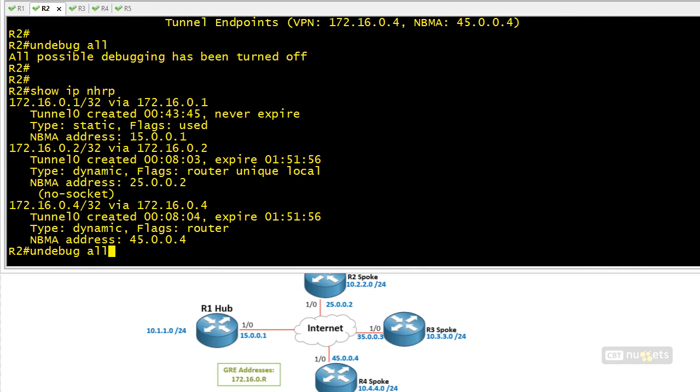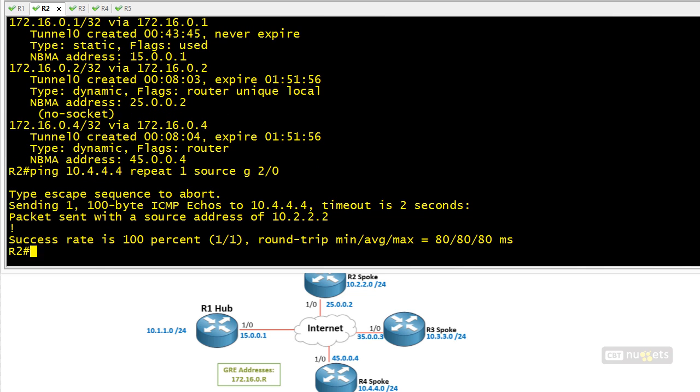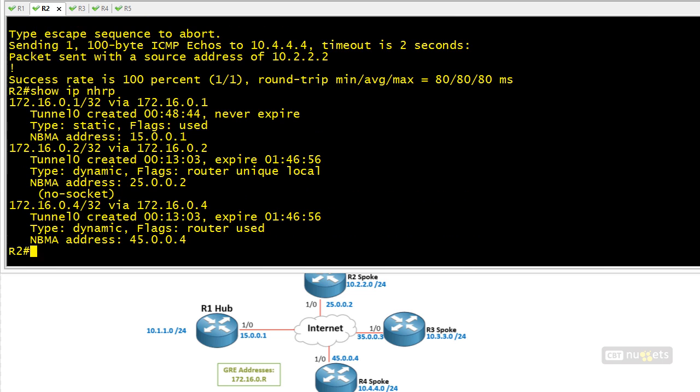Now if we do the up arrow key a couple times and do a ping again, and the up arrow key a couple more times and do a show IP NHRP again, I want you to notice something that changed. We have this additional flag that says used. So there's like a 2-minute counter. If traffic has been sent using this mapping in the last 2 minutes, we're going to see this flag of used to indicate that we've recently used that NBMA address, which is associated with that next hop, to forward traffic